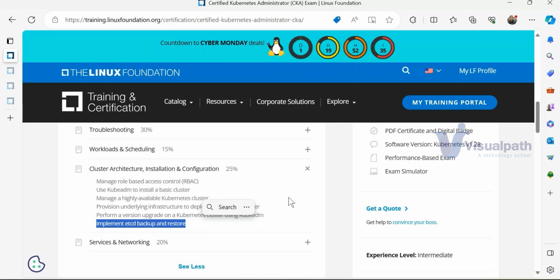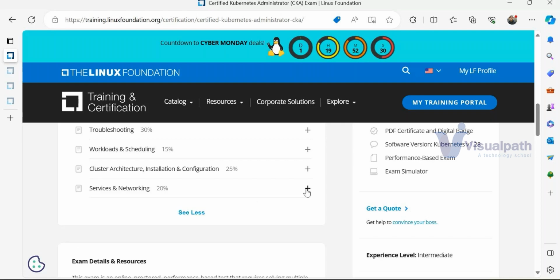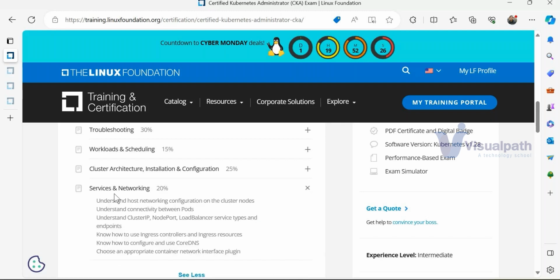All right. And the last thing: services and networking. I know I'm taking more time, because in a demo session we don't want to just hurry things. We want to give you as much information as possible, so don't worry about it. If you understand this part, the rest of the things are very simple. We'll finish in another 10, 20 minutes and then we are good.